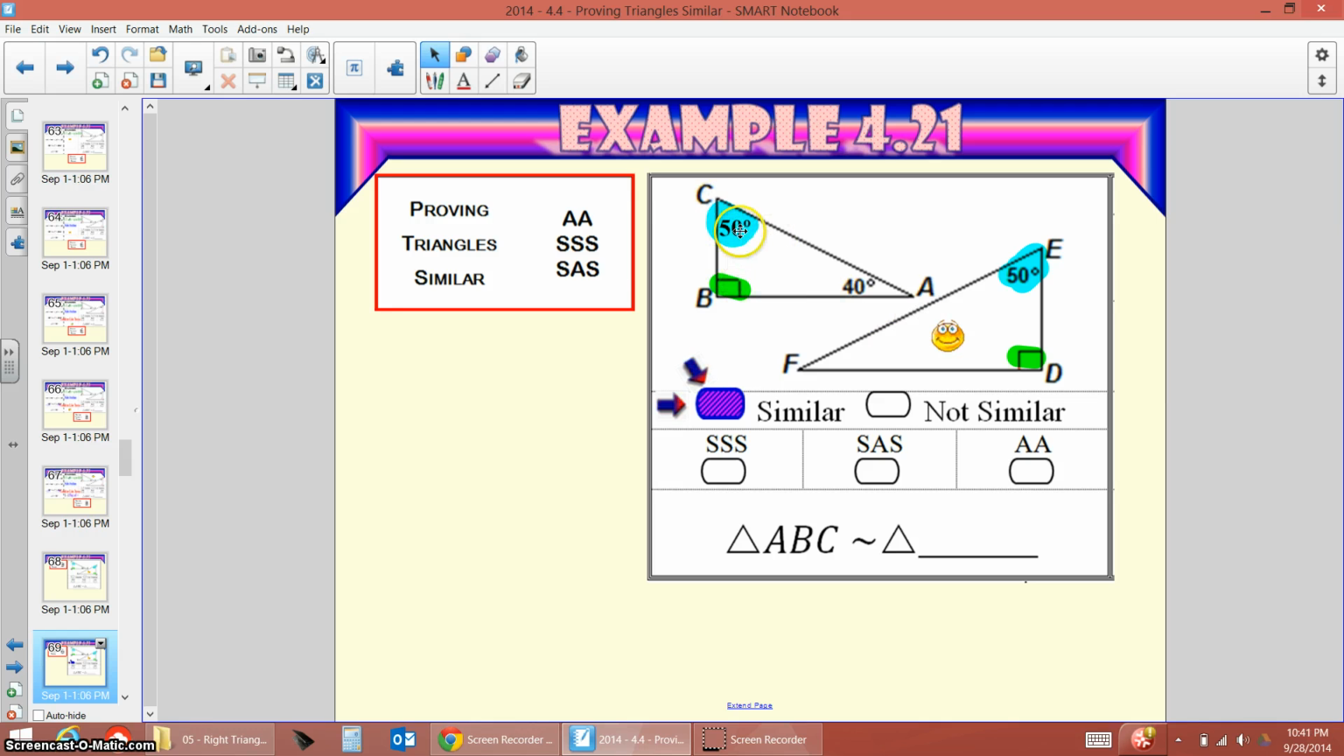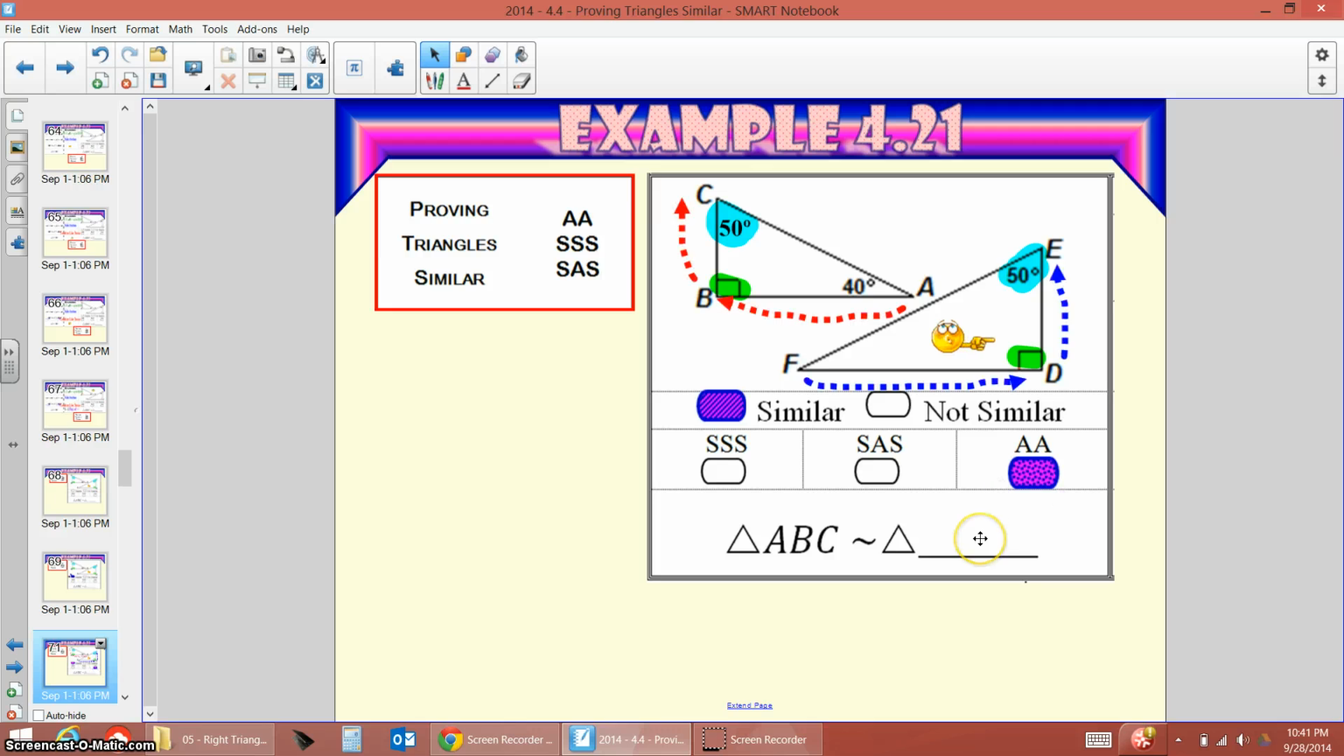I don't need all three angles, I just need two. Angle, angle, angle, angle. So I mark angle, angle on my test, and then it says if they are similar. Notice, only if they're similar do you fill out the similarity statement. If you mark not similar, then you had better leave this blank, because they're not similar. But in this instance, they are similar, and we've told why they're similar, and now we're going to fill in